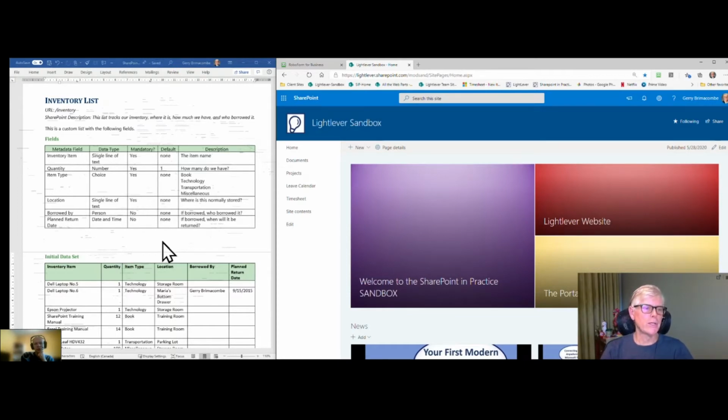This is, of course, the design document that Lightlever uses for all of our development, and this is available on the lightlever.ca website as well as through the SharePoint in Practice book. So I filled in a basic inventory list here, and then once that's filled in Word and the spell check is done and we've proved it with our people, we can go over to the SharePoint and create a new